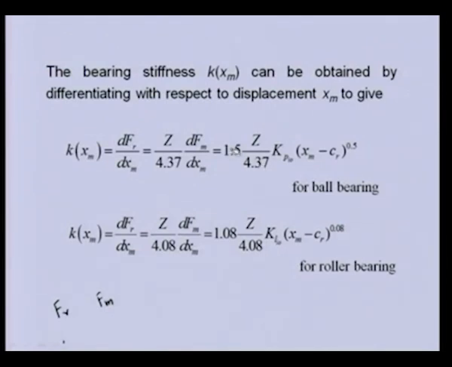and this is coming from the exponent of the Hertzian contact for ball bearing and roller bearing. So these two expressions can be used to obtain the linearized coefficient of the stiffness. So these two expressions can be used to obtain the stiffness coefficient for the ball bearing and the roller bearing directly. And for more detailed calculation of these load deflection calculations,